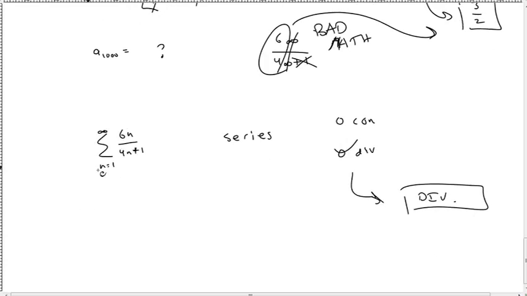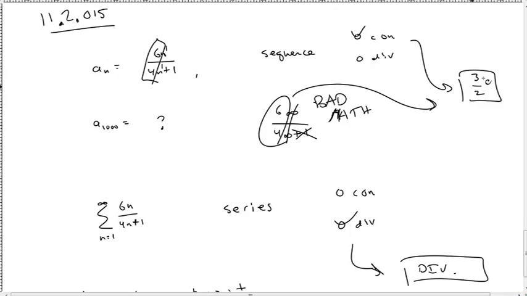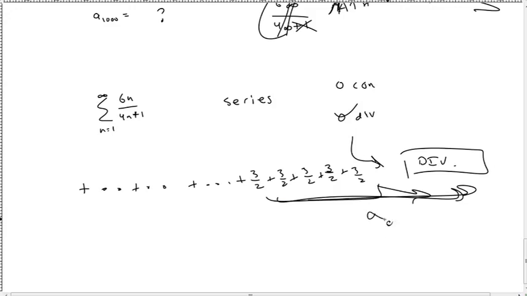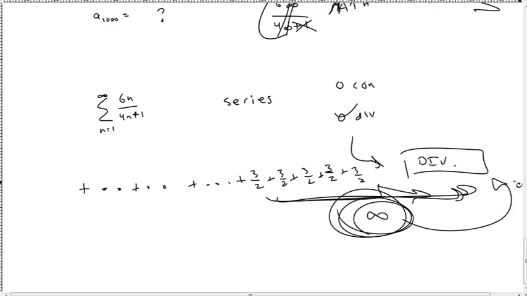But imagine that you have this here and you're plugging in a 1, a 2, a 3, a 4, whatever, and you're getting some numbers. Well, eventually, you're adding them all up, right? Summation series. Eventually, it's supposed to limit itself to 3/2. And so as you go towards infinity, you'll just be adding 3/2 again and again and again. And notice here, if you keep on doing that forever, you're adding 3/2. So plus 1.5, let's just say plus 1, plus 1, plus 1, plus 1, plus 1. I mean, right here, if that goes on to infinity, what you have on your hands is infinity, which diverges,